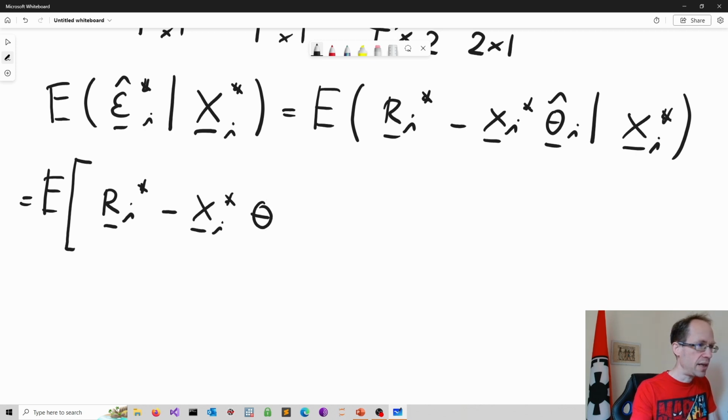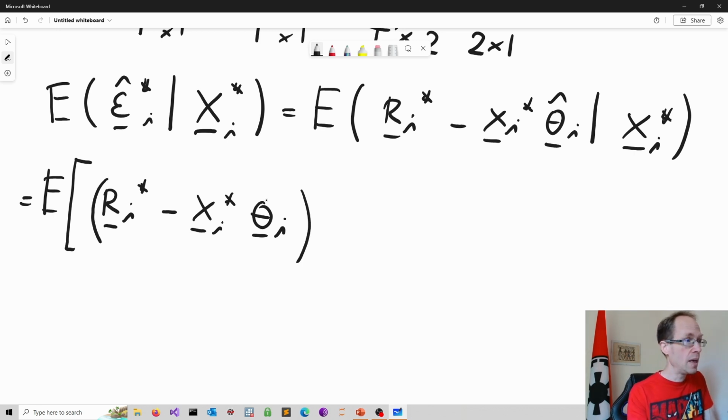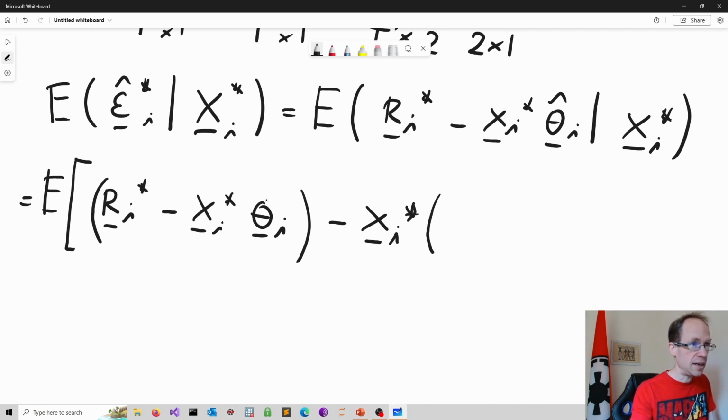Yeah, so you might ask now, where is this coming from? It wasn't there before. Well, I just put this in, and I have to, of course, add this back to balance out the equation. So I can add this back in the second term, and I can move out my data matrix. I just multiply this out, and I end up here with theta 1 hat minus theta. Yeah, so just like that, given